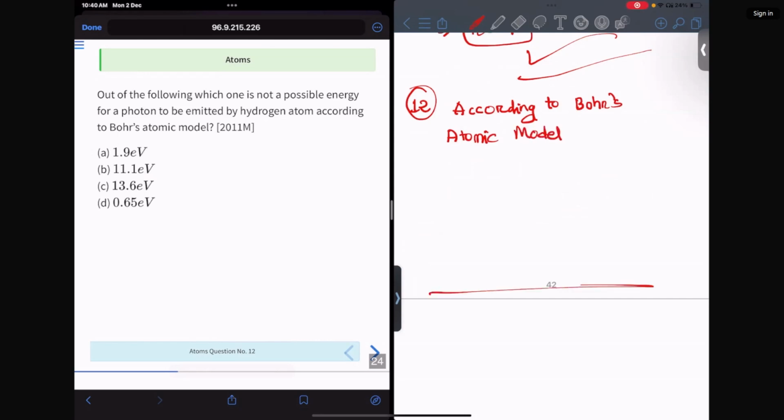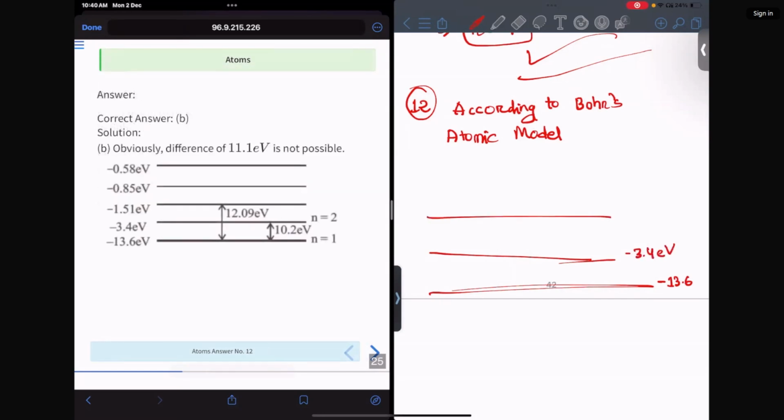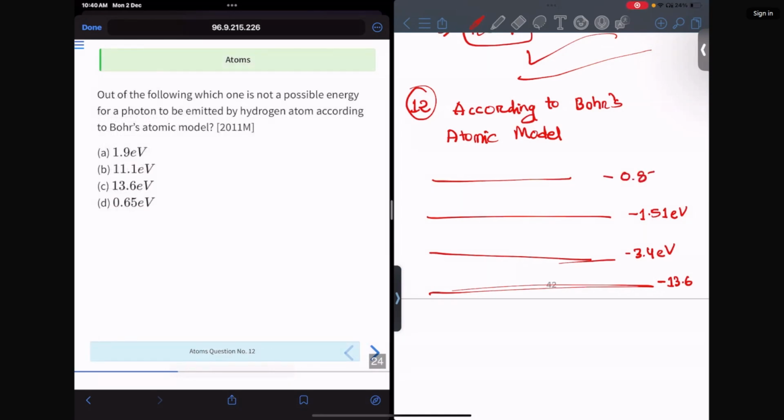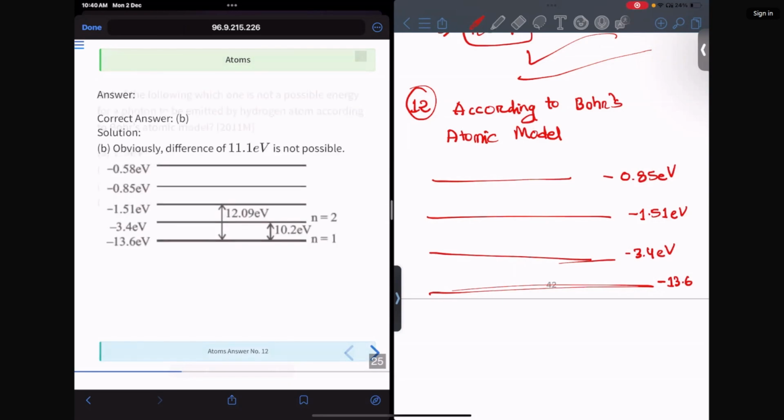According to Bohr's atomic model, the value of energy in E1 is equal to minus 13.6 electron volt. In E2, it will be minus 3.4 electron volt. E3, it will be minus 1.51 electron volt. E4, it will be minus 0.85 electron volt. The difference between the first two is 10.2 electron volt. Difference between these two will be 12.09. So these are the